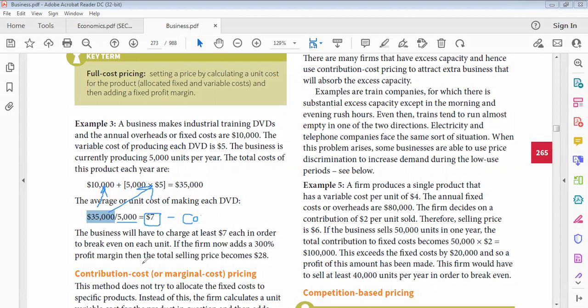Now, why is this important? Because now you know what is the minimum price you can charge. So you cannot charge, you have to